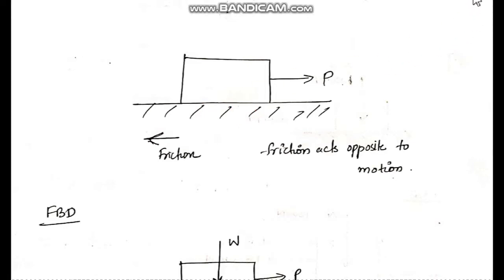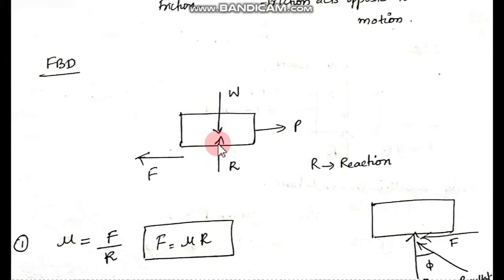As you can see here, this body is kept on the surface. So the reaction will be coming from this ground surface, the arrow will go up, on the body. You can mark this as capital R. The reaction will always act perpendicular to the surface with which the body is coming in contact. So here you can see the reaction will act on the body from this particular surface. As you can see, I have drawn the free body diagram here. This is the free body diagram for this particular figure.